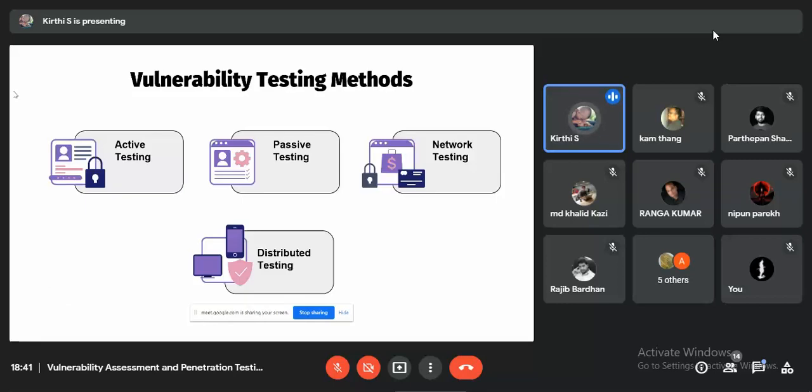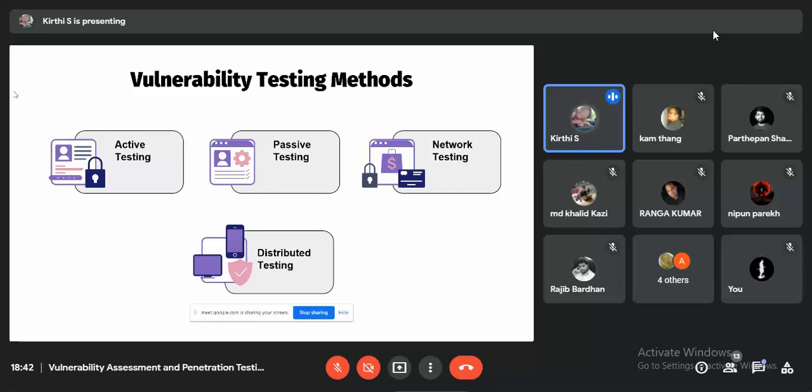So, vulnerability testing methods. The first thing is active testing. Active testing in the sense that while performing testing, the tester can create new test cases and new ideas. That is called active testing. Passive testing in the sense you need to monitor the running software without creating any new test cases or new ideas. Network testing in the sense you need to monitor and find the current position of the network over a period of time. For example, if any kind of device is newly configured, you need to test the network to see whether any kind of load is impacting the network or not.